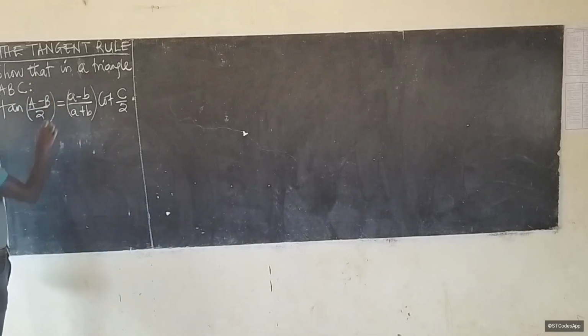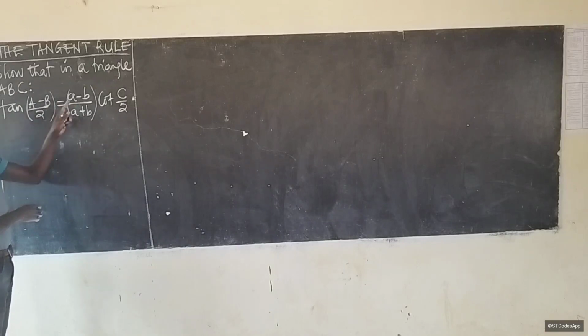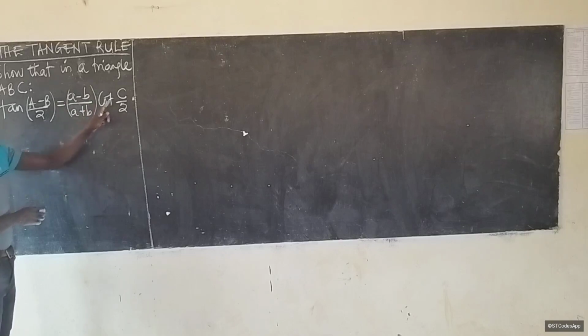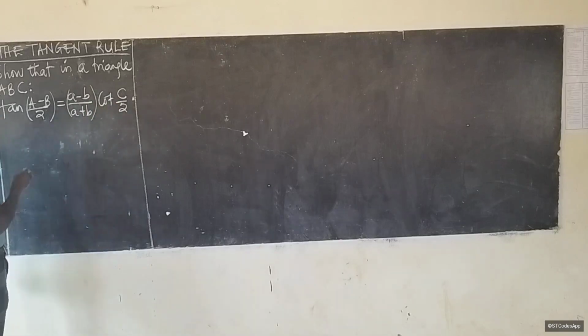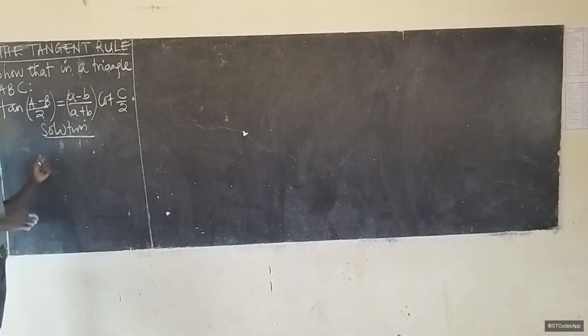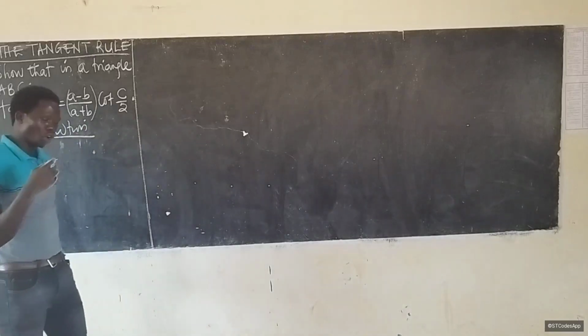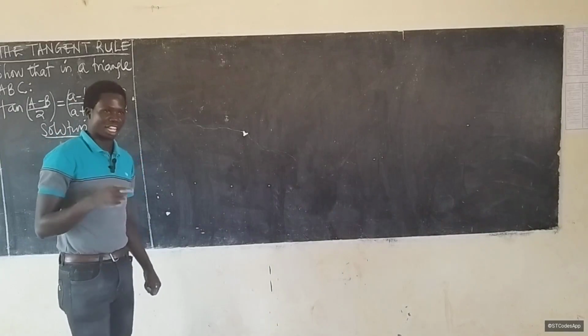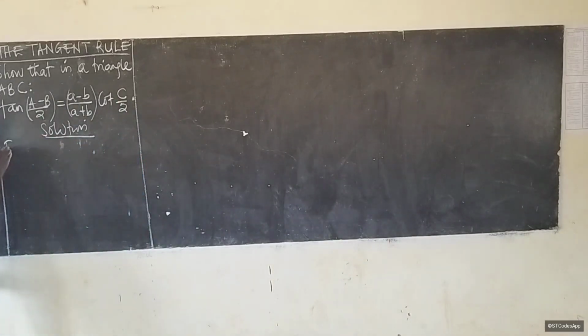They are saying that in a triangle ABC, tan of (A minus B) out of 2 equals (a minus b) out of (a plus b), times cot of C out of 2. So let us see. Solution. We start with what we call the sine rule. From sine rule,